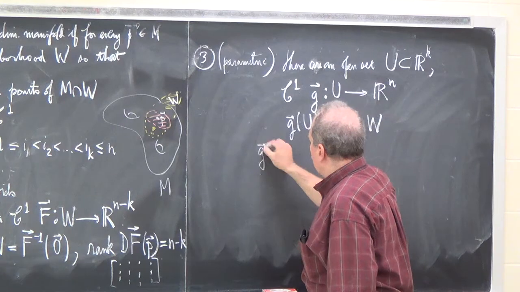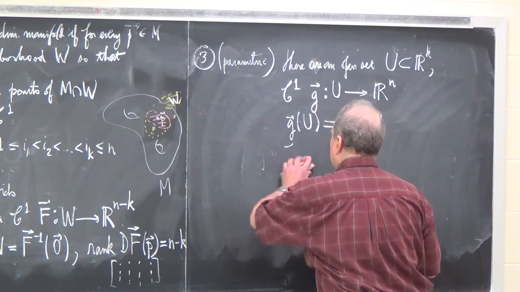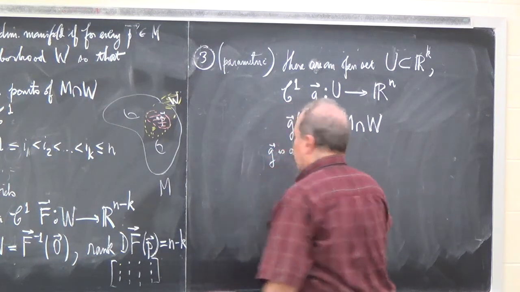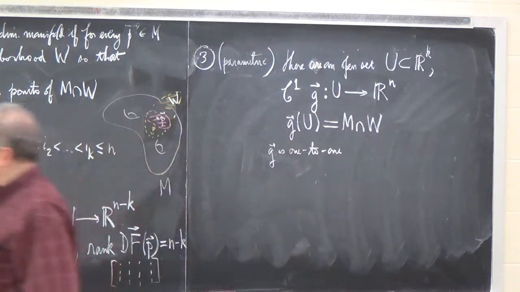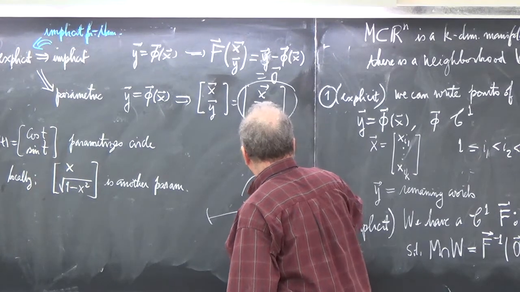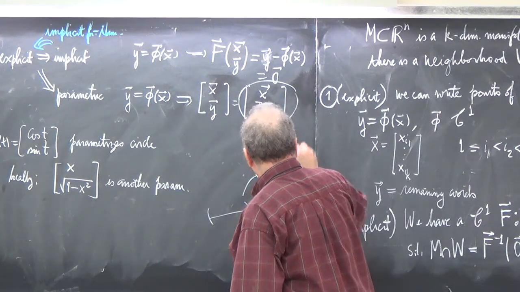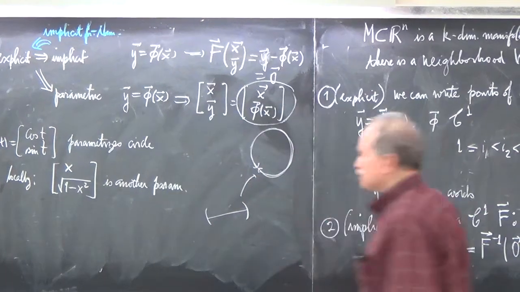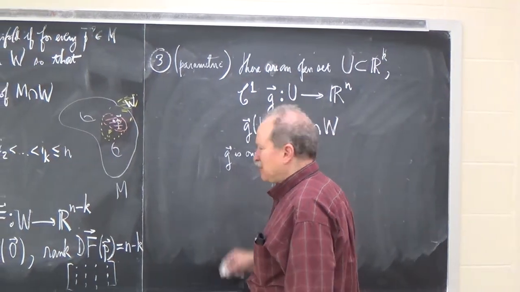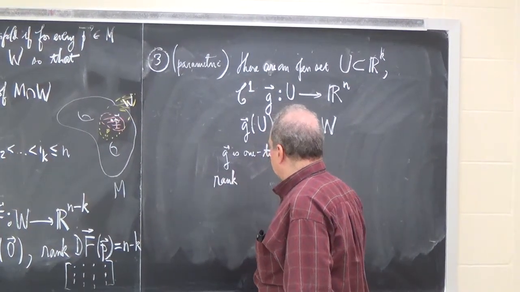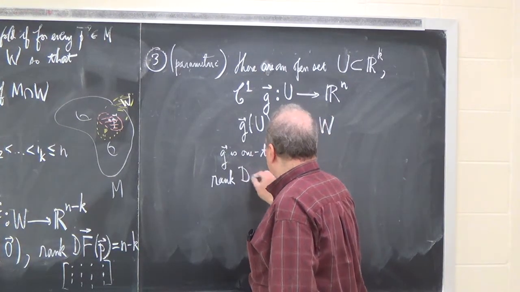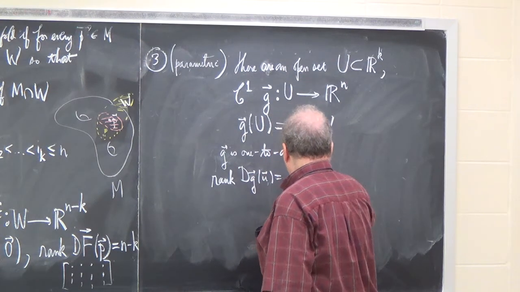We're going to have G is C1. We're going to say G is 1 to 1. So you're parameterizing by some function that gives you maybe not quite all the circle, but most of it in this case. But you better have a rank condition here. G being 1 to 1 means every point in M intersected with W is hit by exactly 1 point. The rank of the derivative is now supposed to again be maximal, so it's going to be